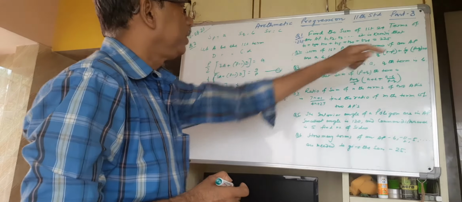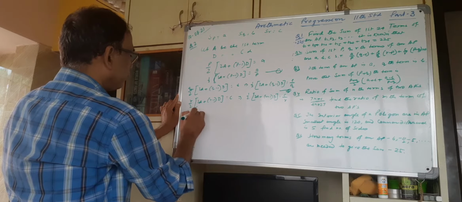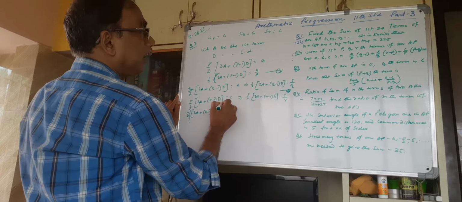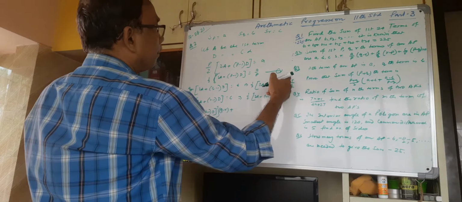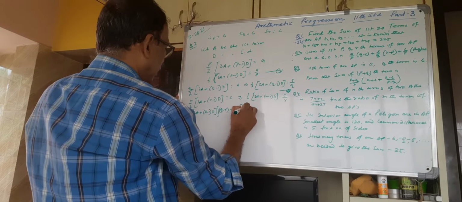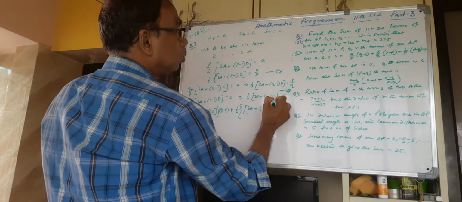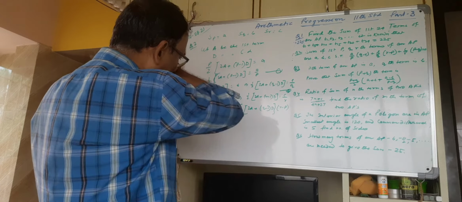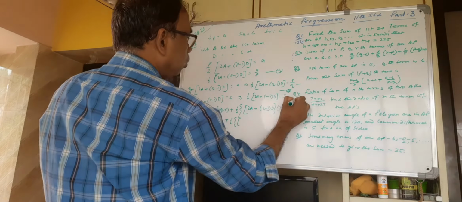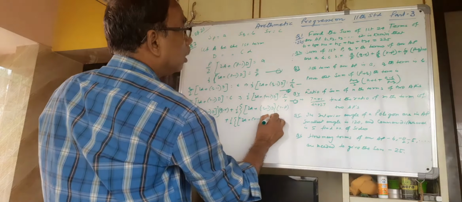Now, on the left-hand side, you have to prove this: a by p into (q minus r) plus b by q into (r minus p) plus c by r into (p minus q). The value of a by p is half of (2A plus (p minus 1) D), the value of b by q is half of (2A plus (q minus 1) D), and the value of c by r is half of (2A plus (r minus 1) D). This is 1, this is 2, this is 3.